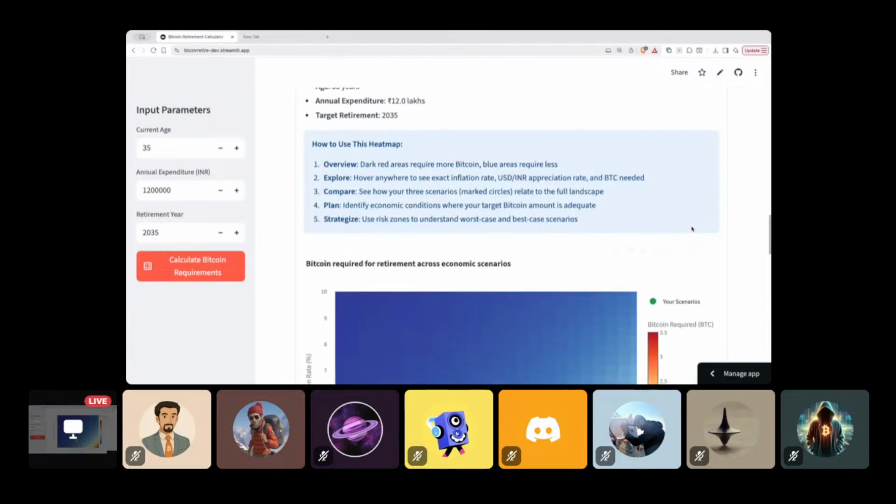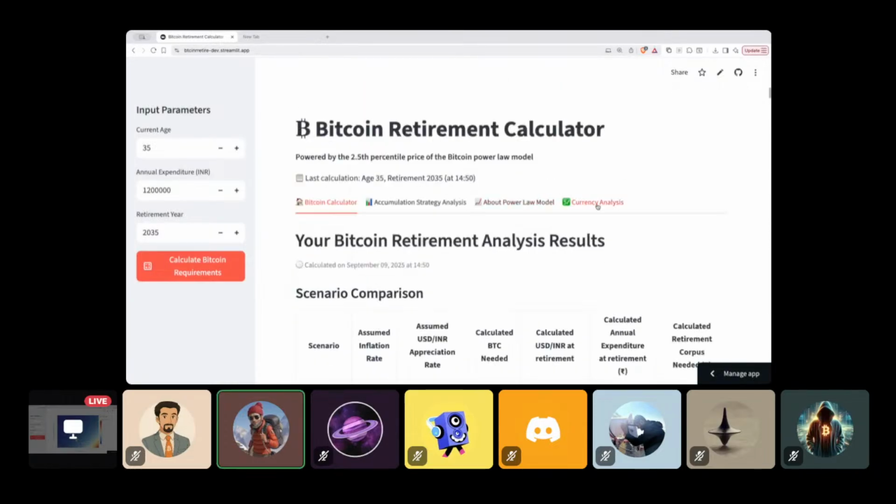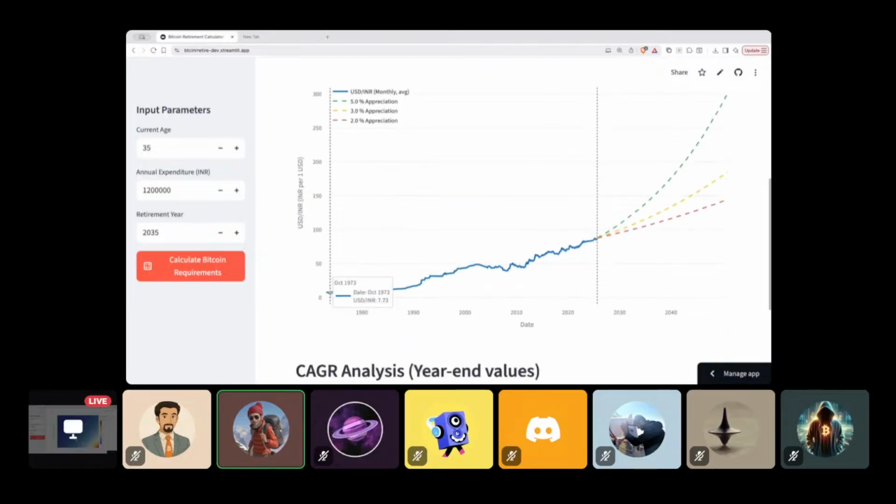Historically, here I have provided a plot for currency. The data that we have right from 1970 till here, this is the USD INR rate. So we are cruising along a 4 to 5% depreciation rate, compound annual growth rate, and this is likely to continue. If we keep up the 5% depreciation rate, you can see the green curve will be shooting close to 200, 300